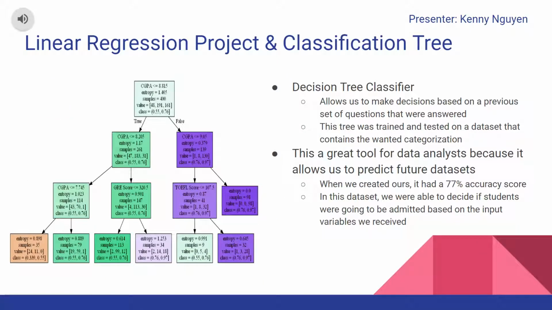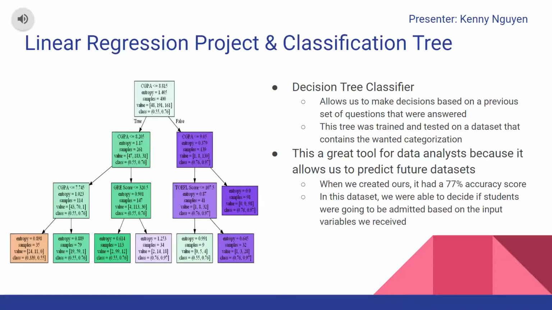In our second project, we went over the decision tree classifier. It allows us to make decisions based on previous sets of questions that were answered. The tree is trained and tested on a dataset that contains the one categorization. It is a great tool for data analysis because it can be used to predict future datasets. In this dataset, we were able to decide if the students were going to be admitted based on the input